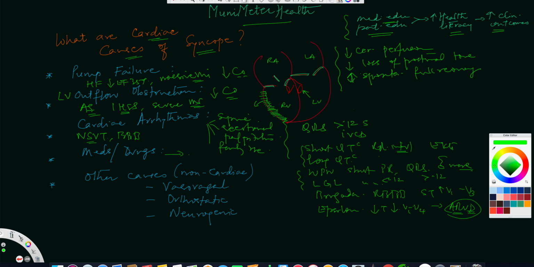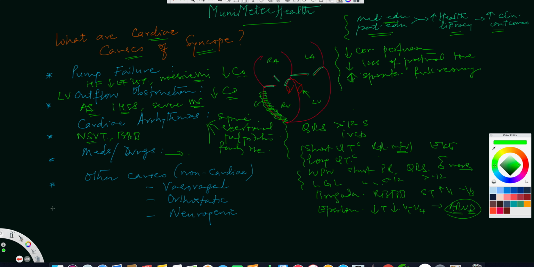Sometimes these are very arrhythmogenic substrates for non-sustained VTs, or sometimes even VTAC and VFs. So sudden cardiac deaths can occur in these patients who have ARVD. Now this is a very common cause also of an exertional syncope, commonly seen in younger individuals, specifically if they are basketball players or football players or soccer players. So these patients can actually collapse on the field or on the court, and when somebody does an echo, you can actually see lack of muscle in the right ventricular free wall, and again, this is confirmed by a cardiac MRI.